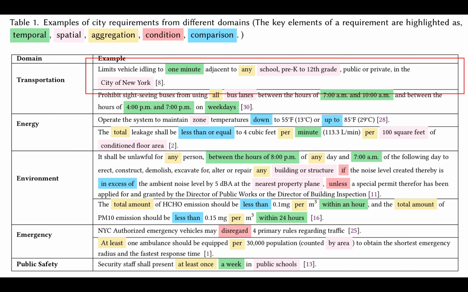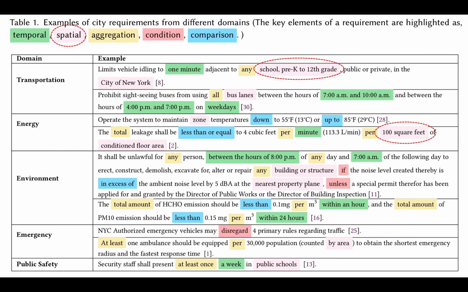This is the aggregation and spatial element, and the city of New York is another spatial requirement. We also found that spatial and aggregation are two very important features that exist in almost all the requirements. Here we highlighted some spatial aggregation ones.